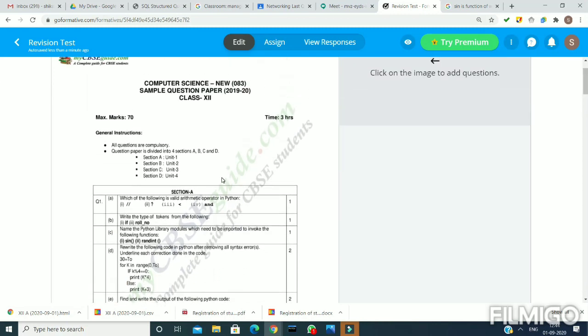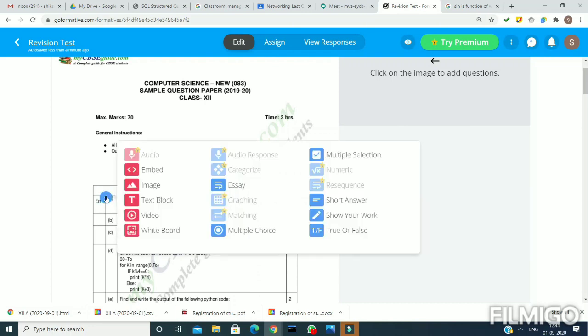What will you do? You will click in the empty space of the question, like this, A, and I'm clicking at this line. After clicking you will get this plus button and many options: what kind of question do you want to make? Actually it was an MCQ question, so I'm taking multiple selection.